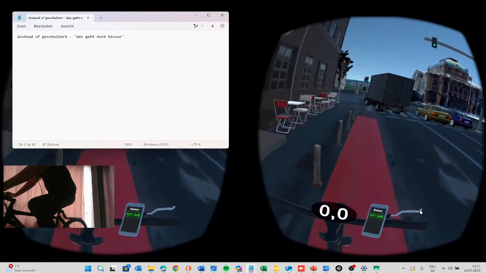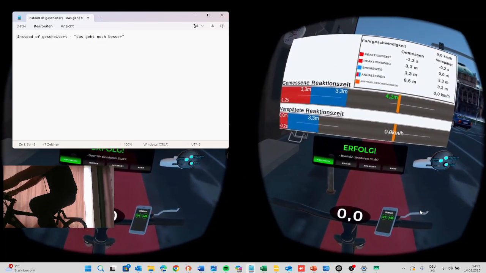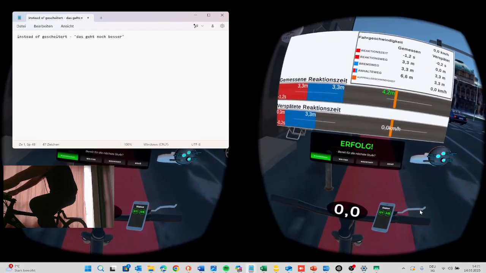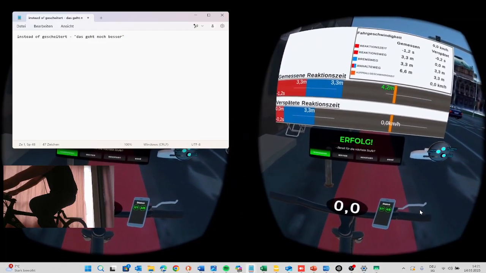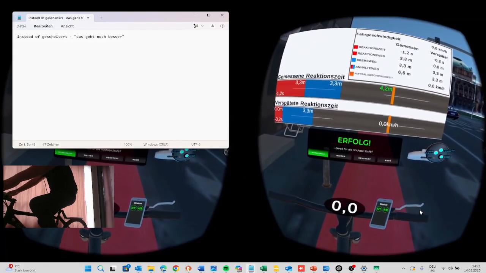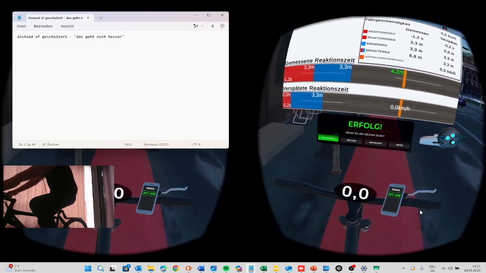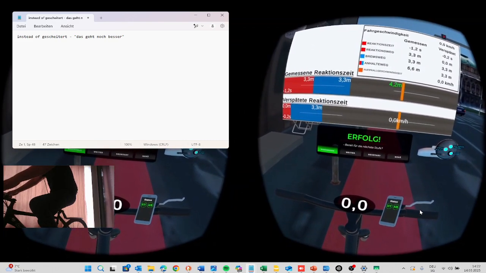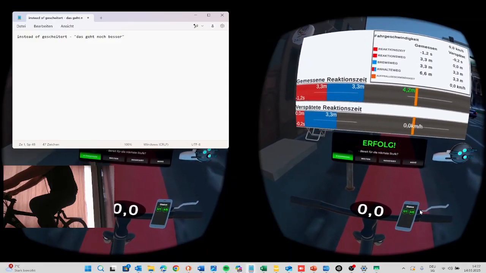Yeah, this is somehow strange. If it's already green here, I don't have any reason why I should stop behind the truck. So that means it has to be red until I stop, or until I passed the truck, and only then